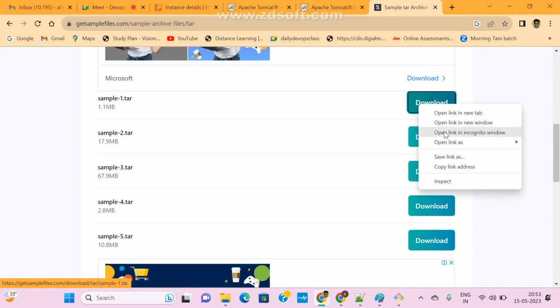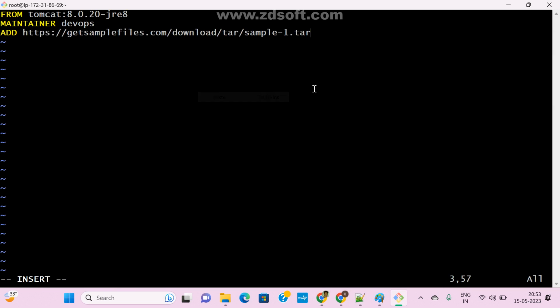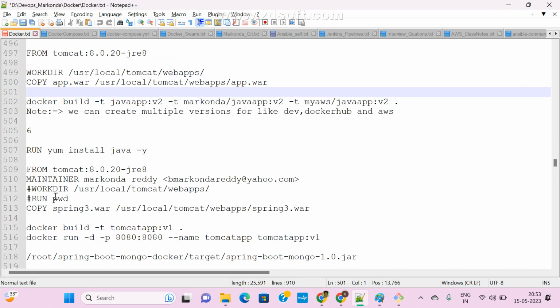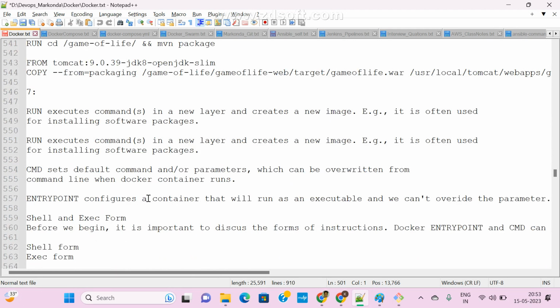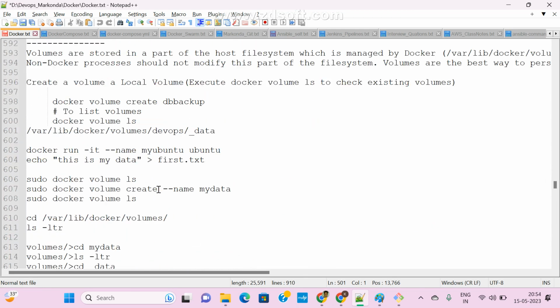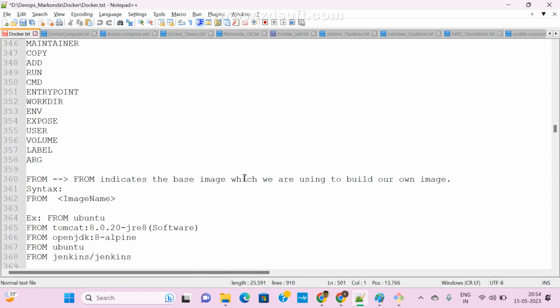Right click, copy this address link, coming to here, just paste it. This is the tar file, and which path? We can use both ADD and COPY, we already used them. Let me check that ADD command, where we used ADD. Now go here, same here, right?